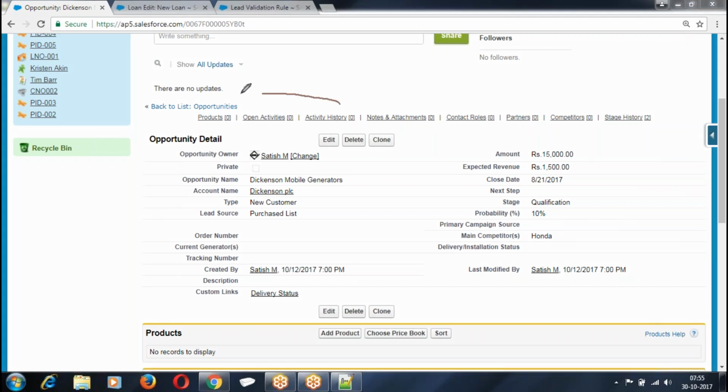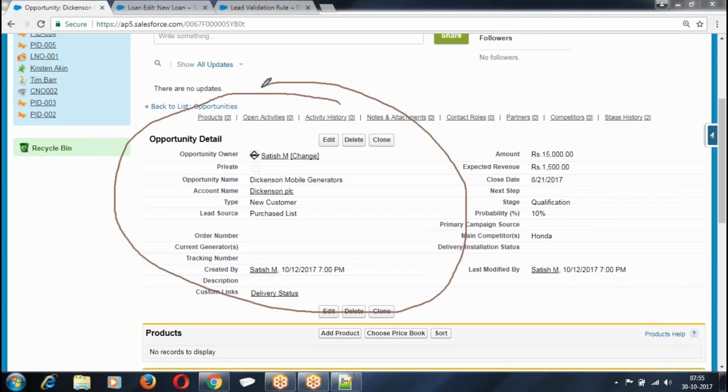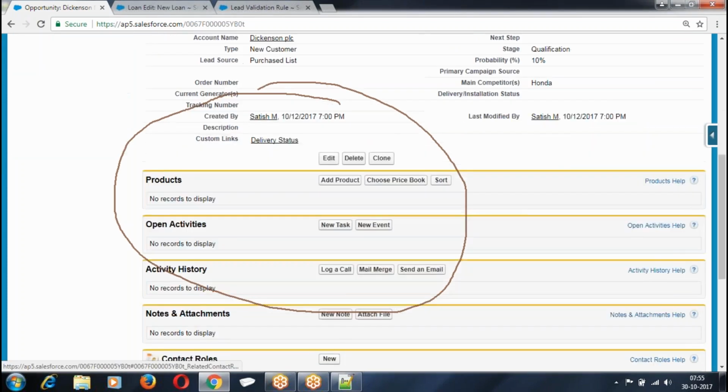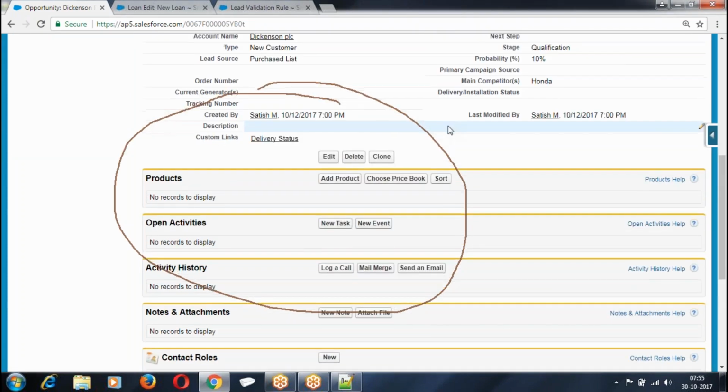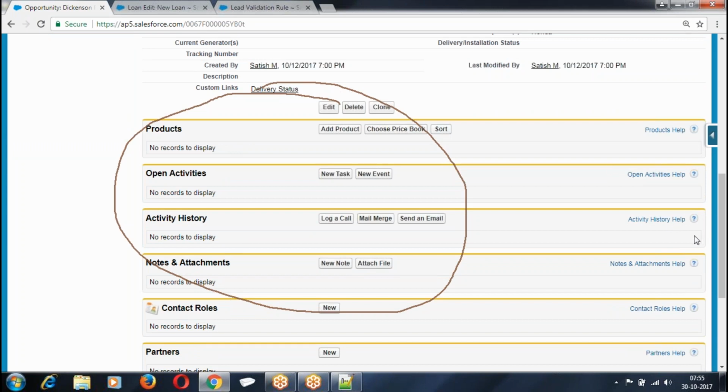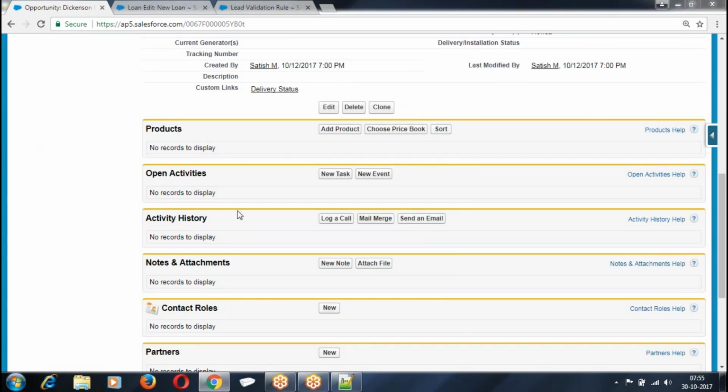This is the opportunity record. For this record, we have corresponding fields. What are the fields? Products, open activities. So these are called related lists.